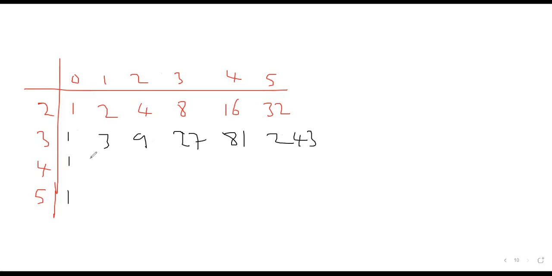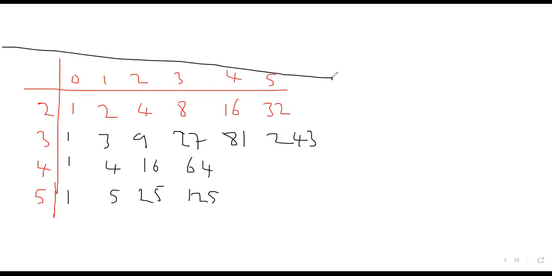4 to the power 1 is 4. 5 to the power 1 is 5. 4 to the power 2, 16. 5 to the power 2, 25. 4 to the power 3, 64. 5 to the power 3 is 125. So these numbers are just important for you to know at your fingertips because of what I'm going to explain later on. 4 to the power 4,